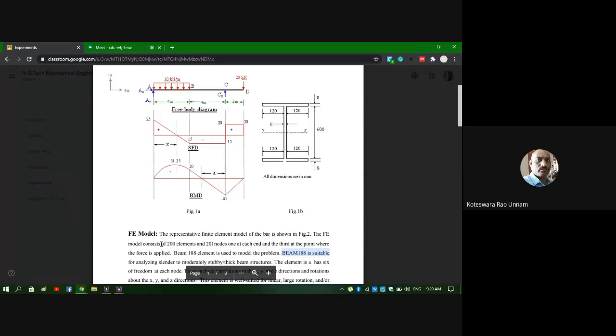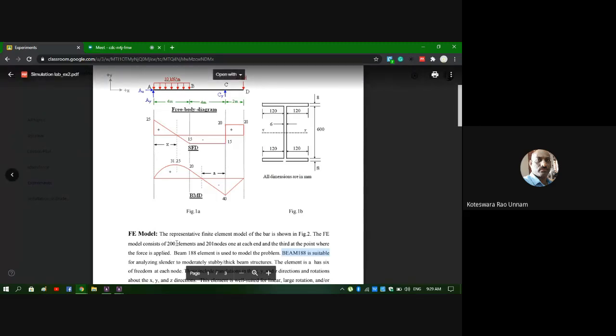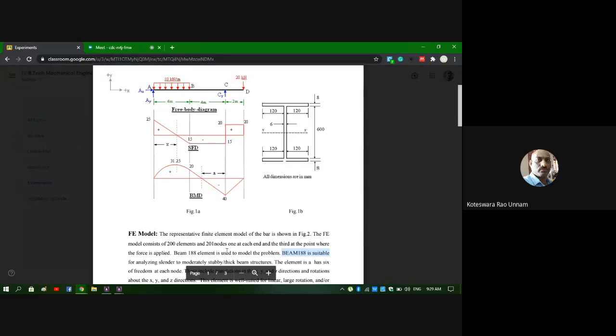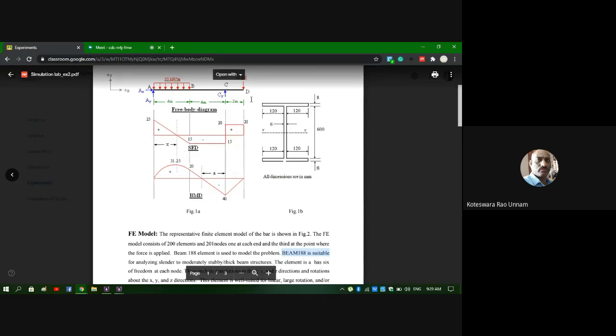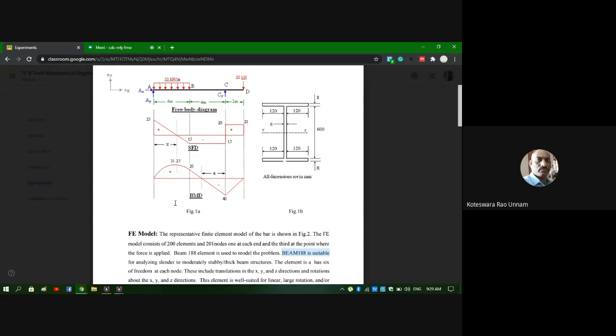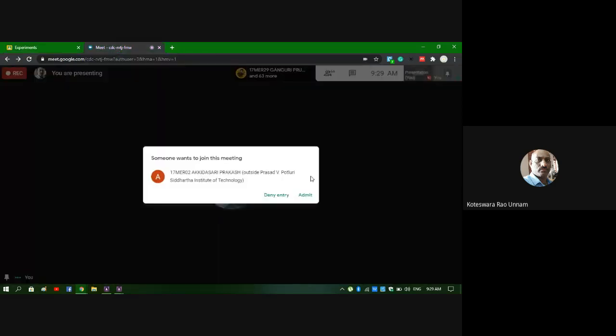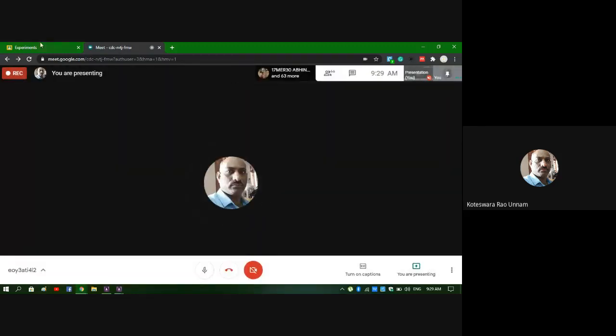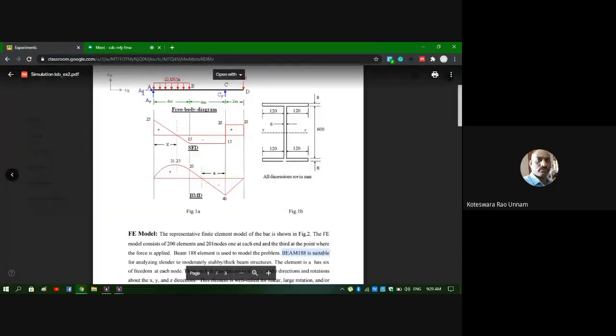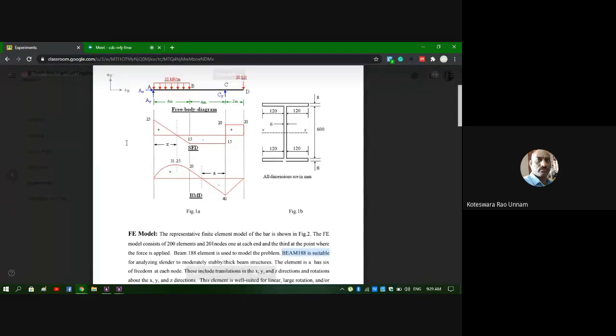So therefore, instead of directly creating nodes and elements, first I'll create the geometry, then I'll convert the geometry into an FE mesh using the meshing option in the software, which we call the mesh tool. Using that mesh tool, I'll convert the geometry into the FE model. Once I've done that, you need to apply the support conditions, and also apply the loads. Then I need to solve it. That is the only thing we need to do.